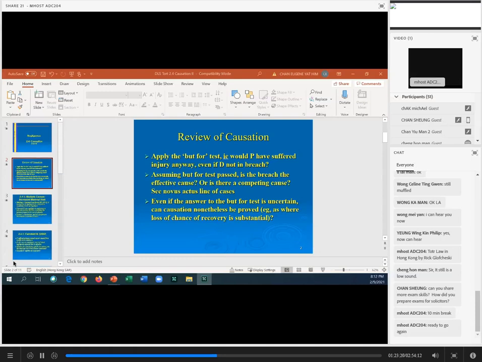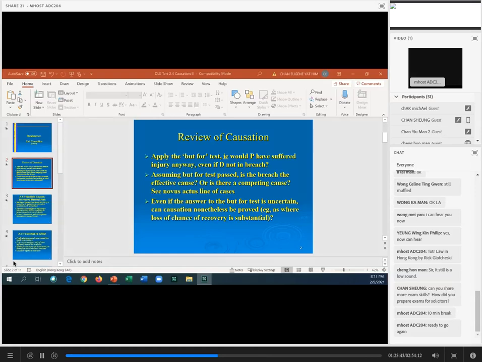Also, we may be able to have an introductory look at the defences to negligence. So this is why I was fiddling around with my PowerPoint. I thought I'll better load that up, have it there just in case. And remember, what we will be dealing with after we deal with causation and then remoteness of damage, we'll be looking at defences to negligence.